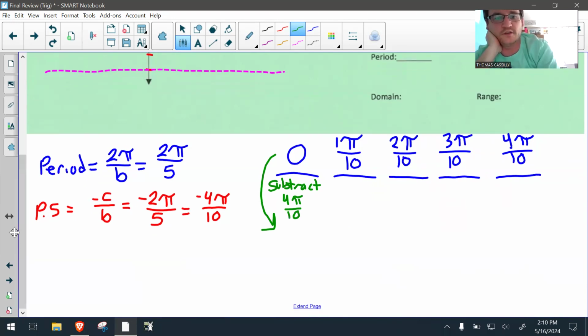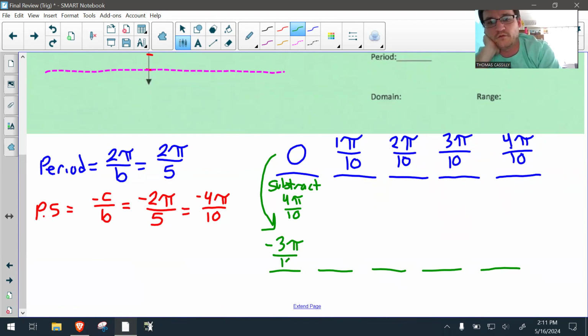All right, so I'm going to go ahead and do that. I'm going to draw my 5 individual points. And so this first one here, this is negative 3 pi over 10. Then we're going to have negative 2 pi over 10, and so on and so forth. Negative 1 pi